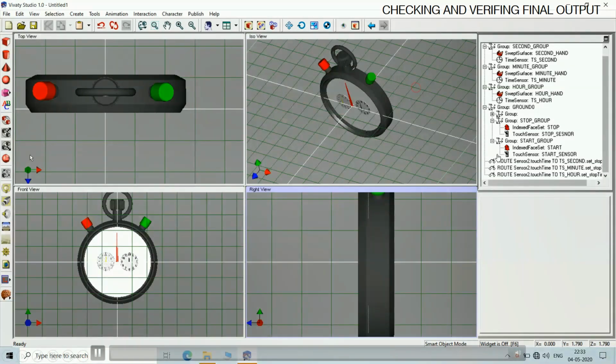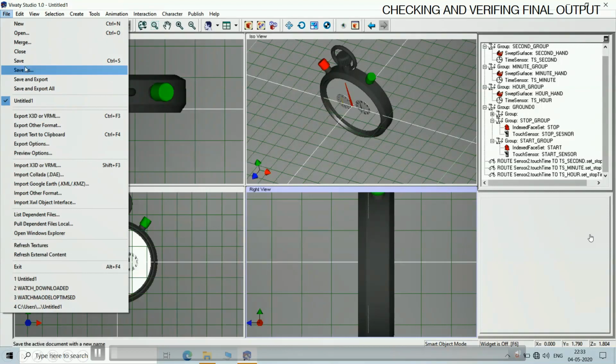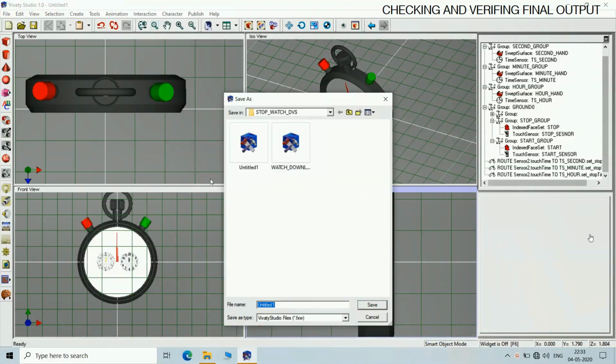Now this will be the final step in which we will save our file and check the output. Save this file in the Vivity Studio format. Again, remember that this is a very high polyline object. Your Vivity Studio may become non-responsive.